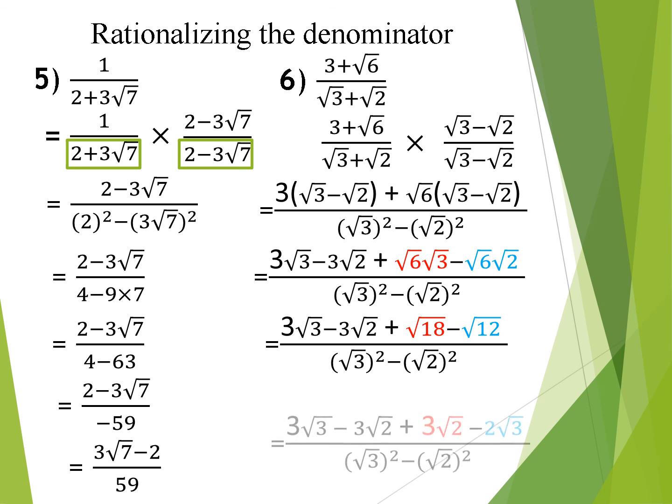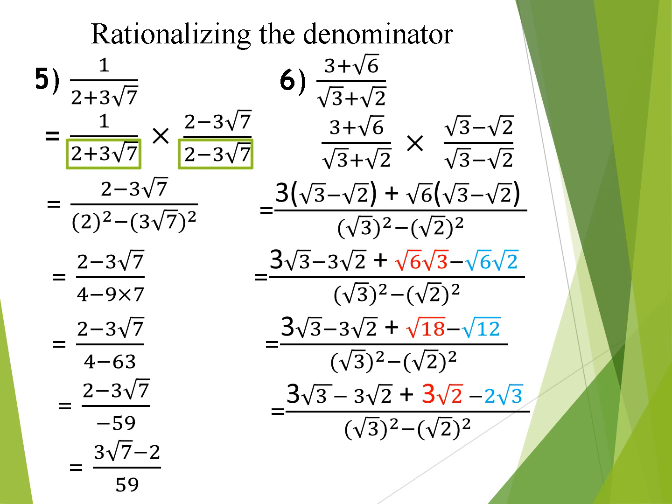Now we can see that the first two terms remain the same. Root 18 becomes 3 root 2 and root 12 becomes 2 root 3. Now you can see minus 3 root 2 plus 3 root 2. That gets cancelled. What is remaining? 3 root 3 minus 2 root 3. That will give us 1 root 3 upon 3 minus 2. And the final answer we will get will be root